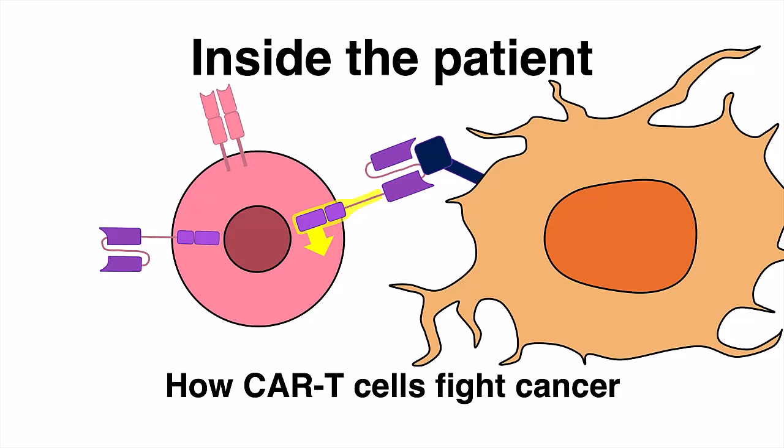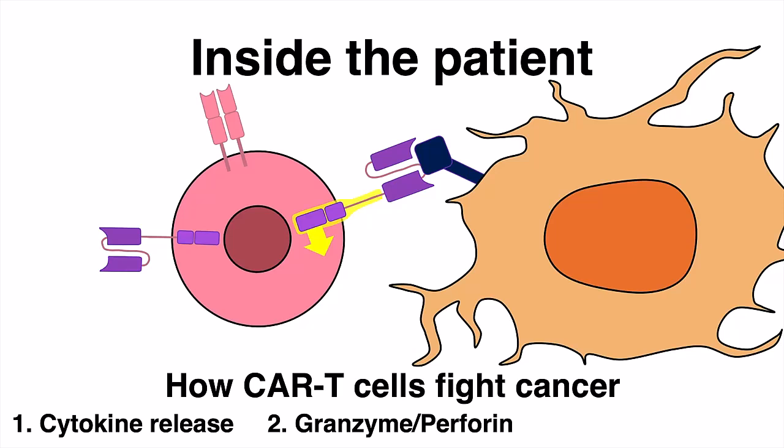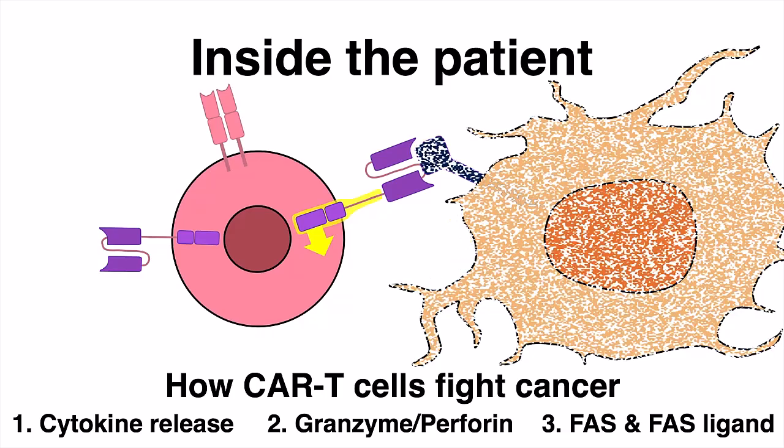There are many different ways how CAR T cells can eliminate the cancer cell. A common mode of action is the release of cytokines, which kills the cancer